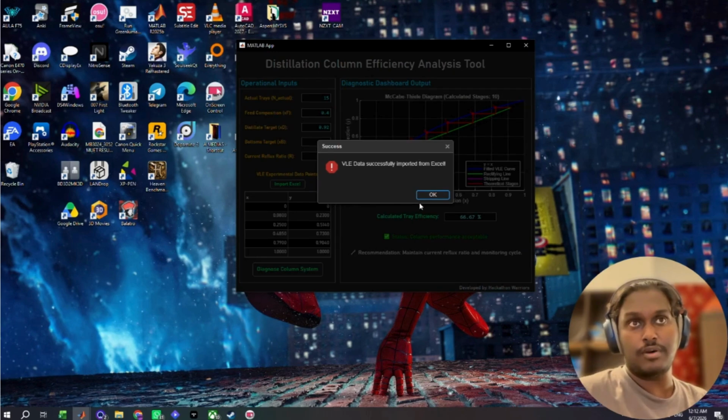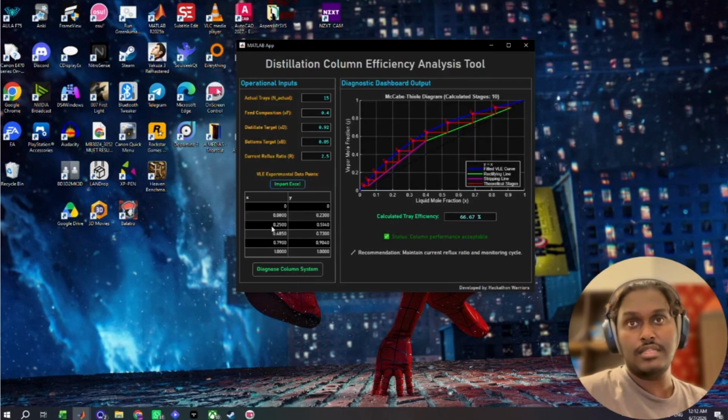After we successfully import, we can press OK, and then the data will be here. After we know the data here, we can press the diagnose column system, and then it will show us the curve using the new data, and then it will plot the new McCabe-Thiele stepping stages for the new curve. After using the new curve and the reflux ratio same as before, it will produce that we calculate the stages